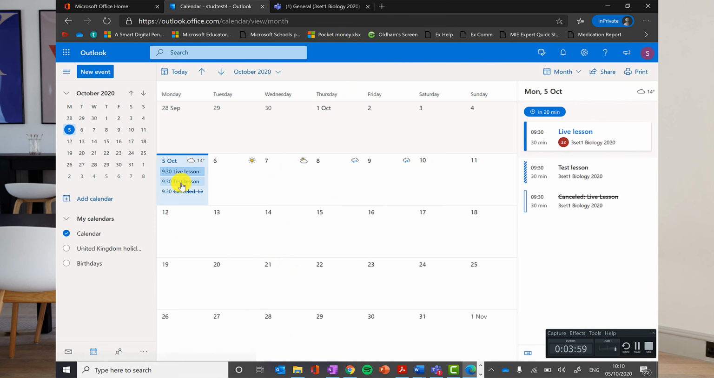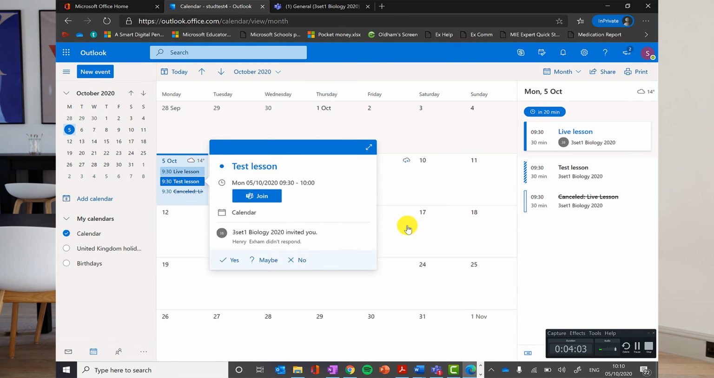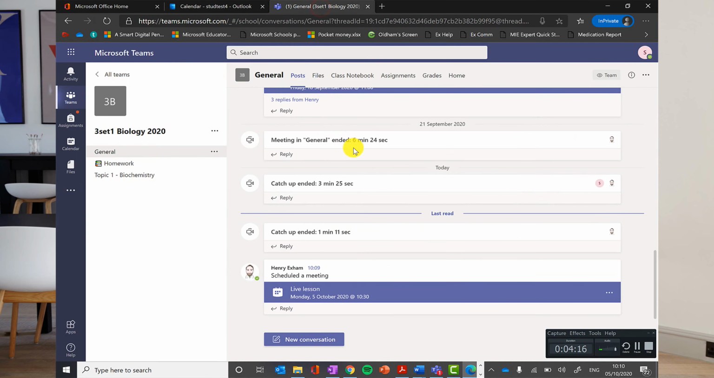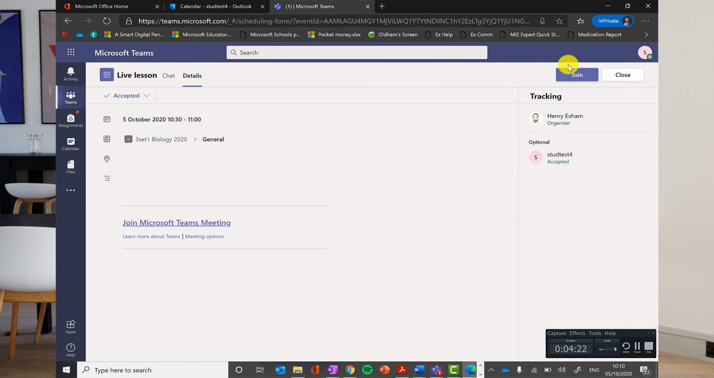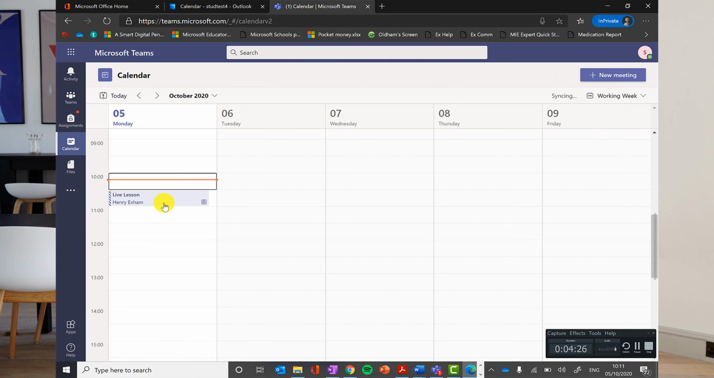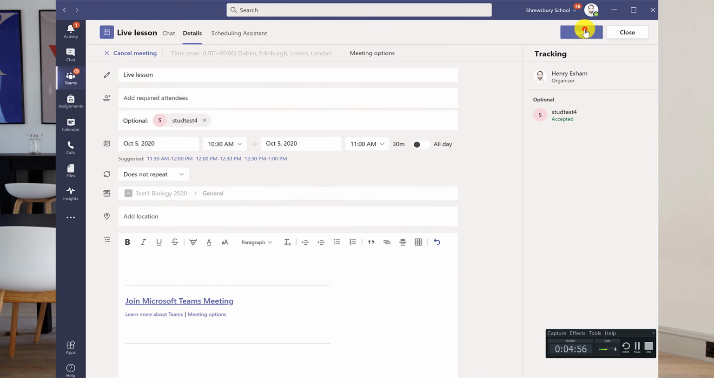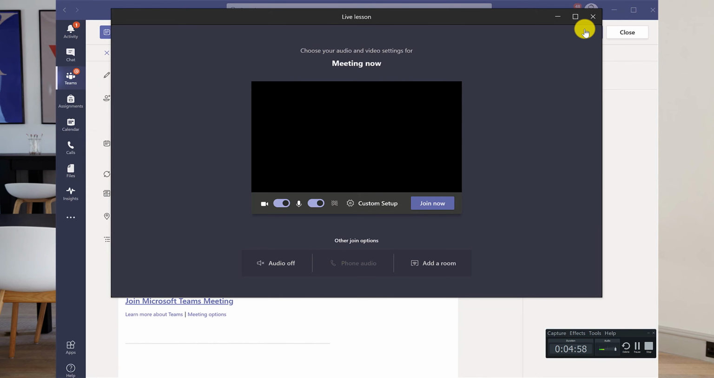Okay, there it is, test lesson for them to join. They can join it directly here. They can join it in their email. They can join it from their phone. If they go into Teams, you'll see that that meeting has been scheduled. And they can join it from here, or it's now also in their Teams calendar and they can join it from there. I'm going to start that meeting just to show you some of the options that you get when